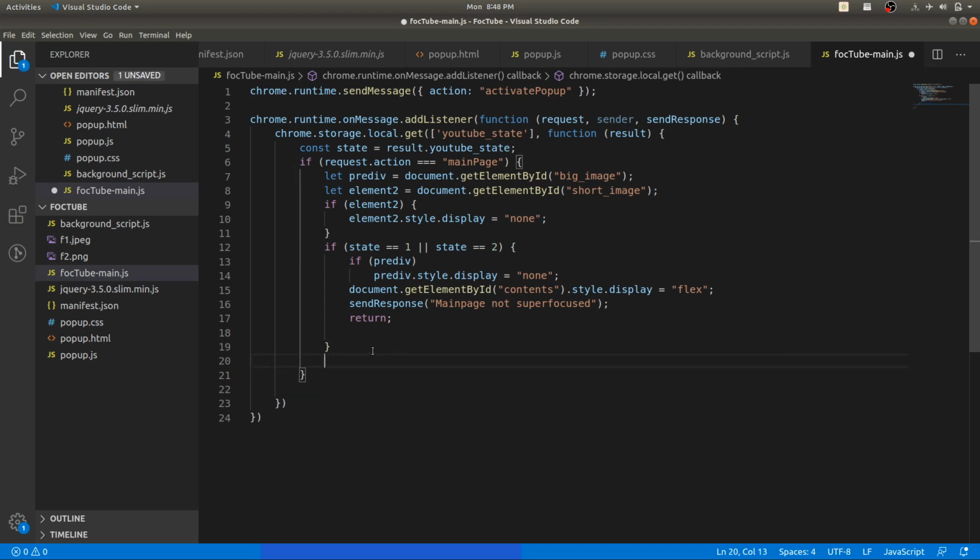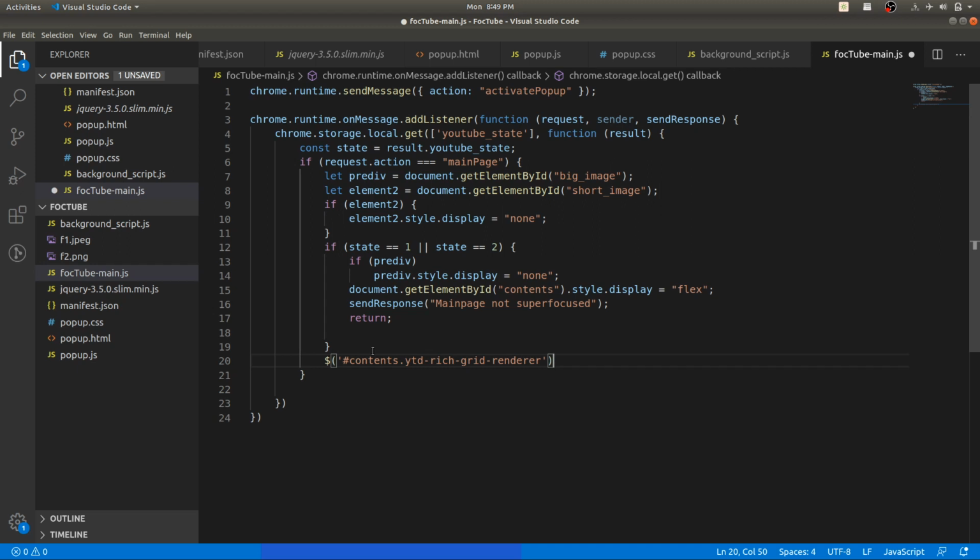Now if the state is 3, that is super focus mode, what will we do? We will continue the process: first of all, we will hide the home page. I am taking this parameter, this is a jQuery call.